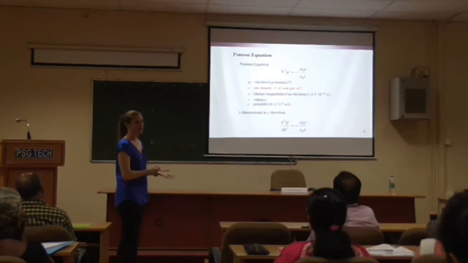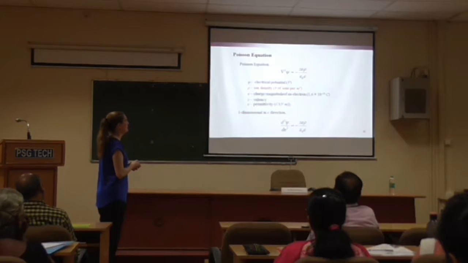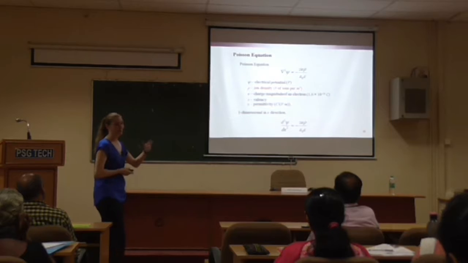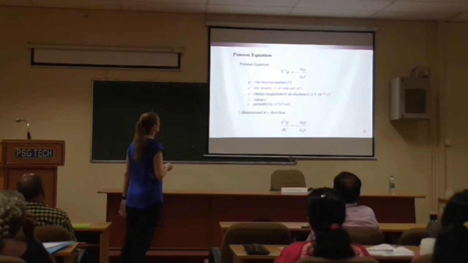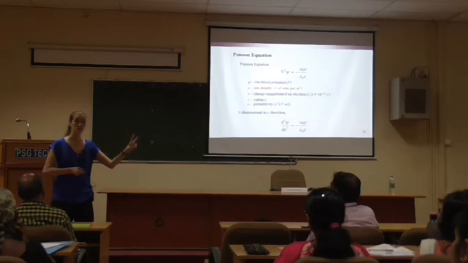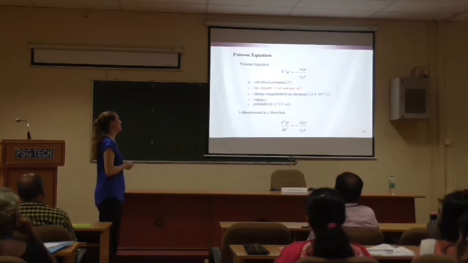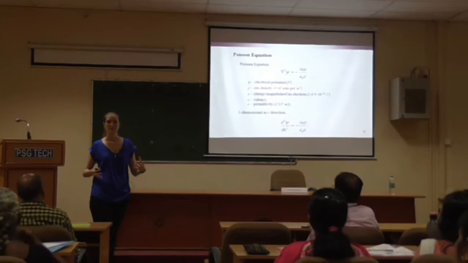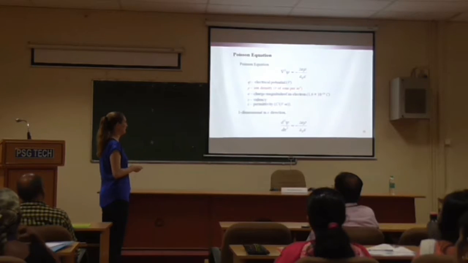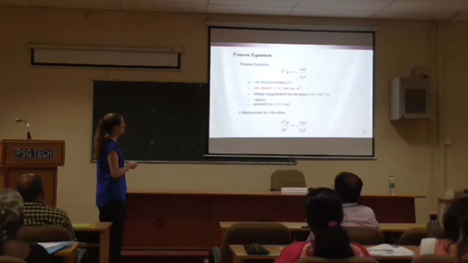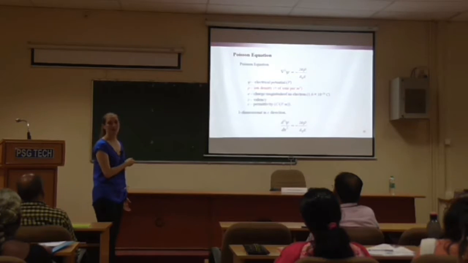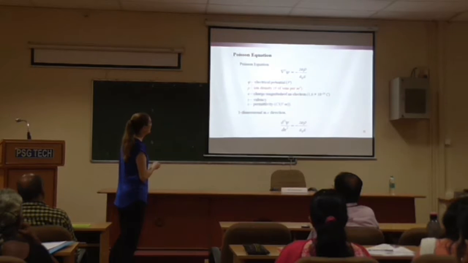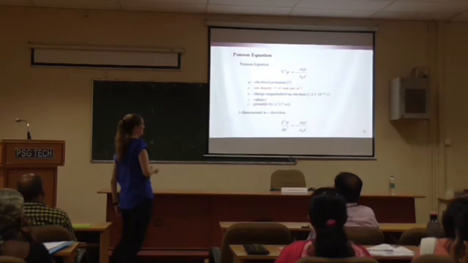But I want to convert it to charge, so I'm going to multiply by the valency. If it's sodium, it's 1. If it's calcium, it's 2, because every calcium ion has a charge of 2. And then you multiply by e, which is the charge of an electron. So that top term is the charge density, because it's the number density converted to charge. On the bottom is the permittivity of the media,